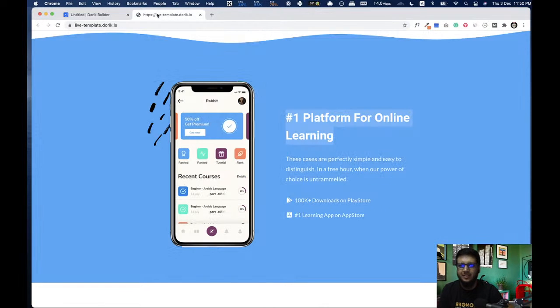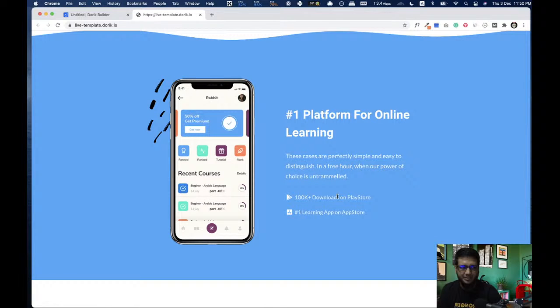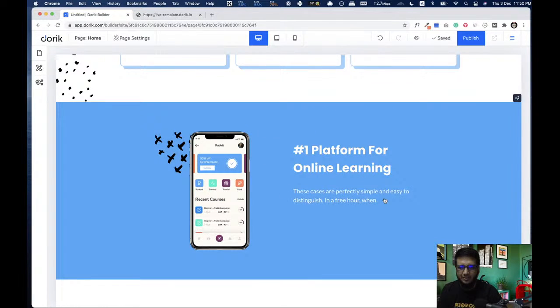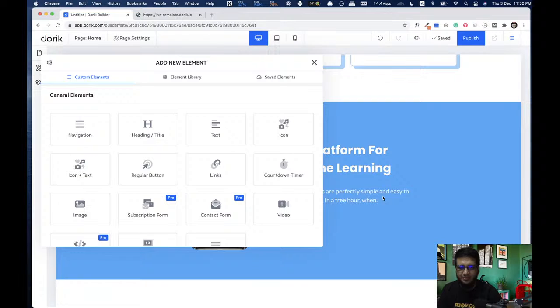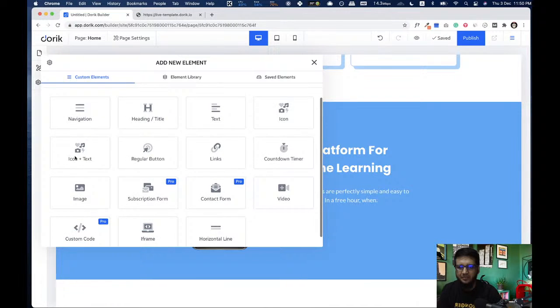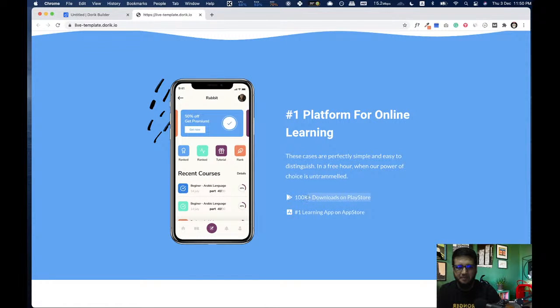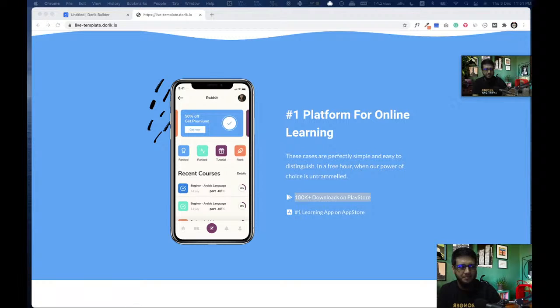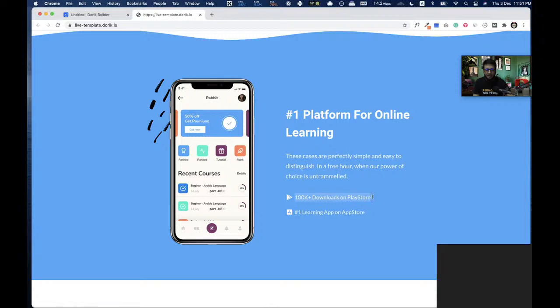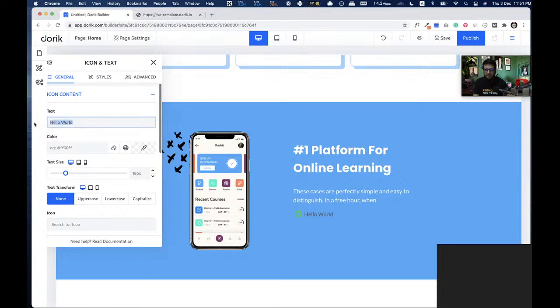This is called icon with text. We have this element. So add a new element, icon plus text. As before, we are gonna copy this, and this one.